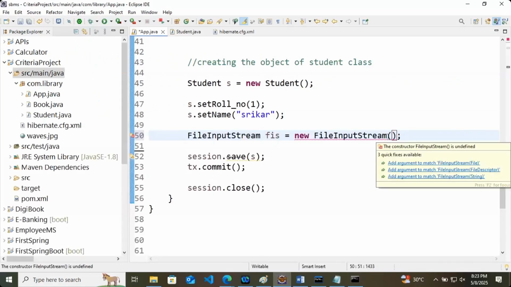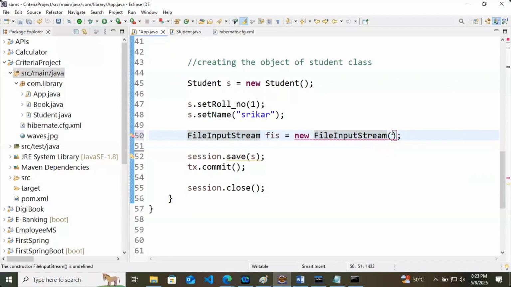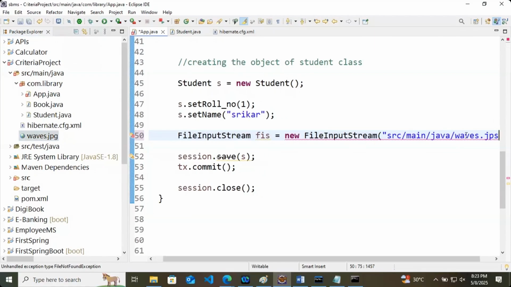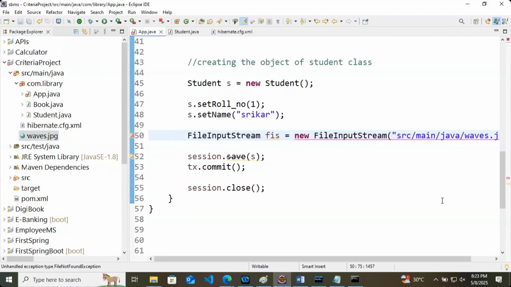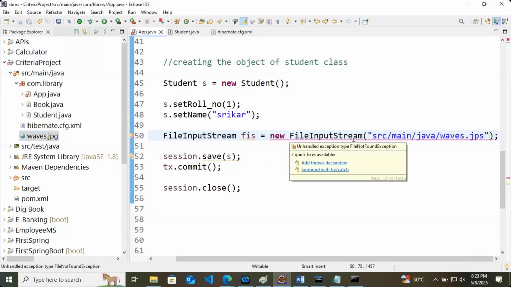Now, whenever we are doing this FileInputStream, I will give the path of my image. The image is in src/main/java. Here we will write the full path because it's a .jpg file, and the picture name is waves.jpg, and I'm doing this, and still it is throwing an error. The error is unhandled exception.